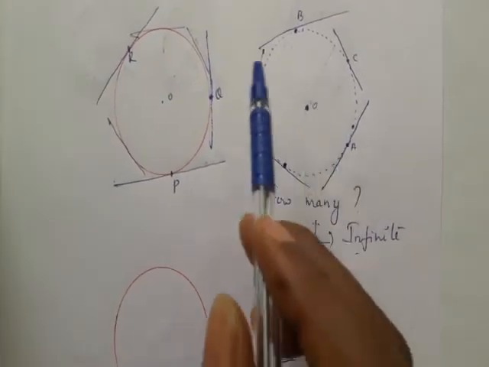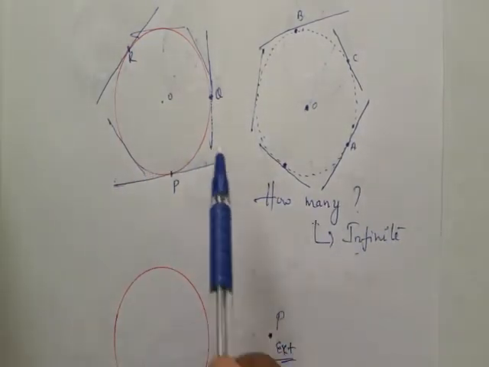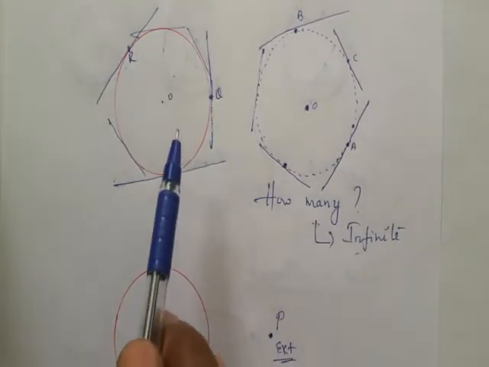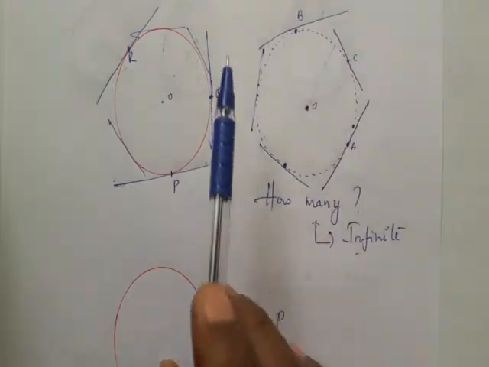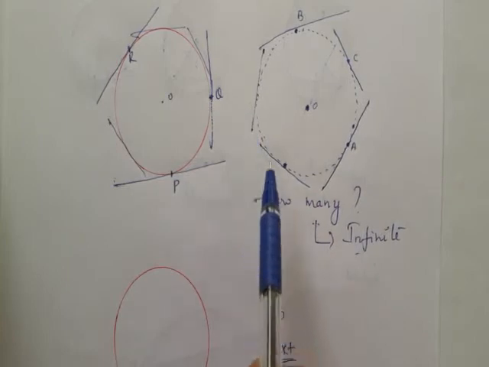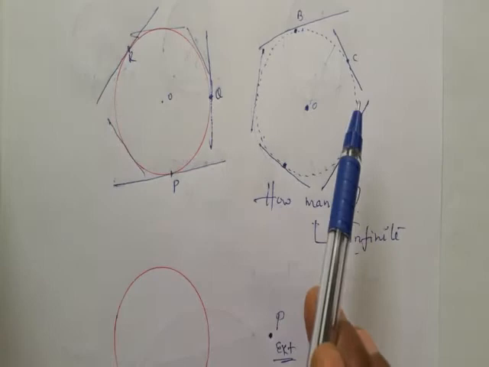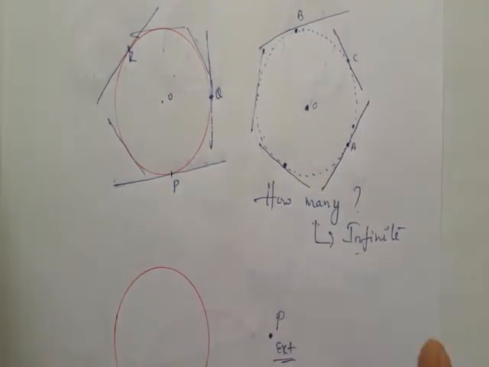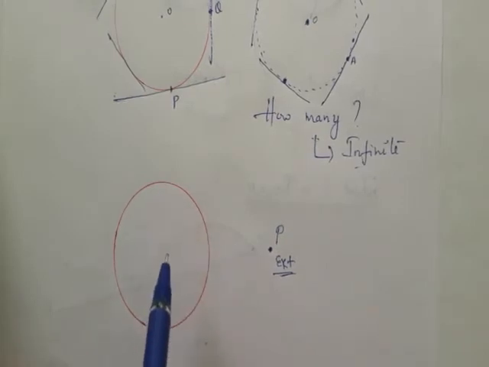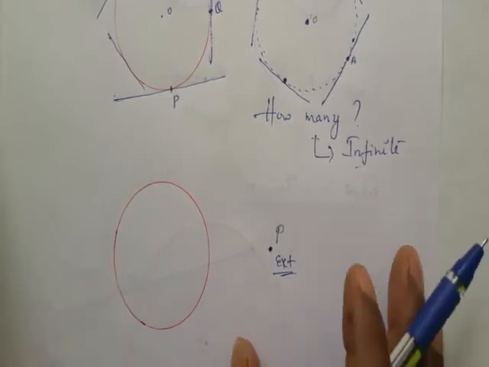So first we studied one circle is given. For the given circle, how many tangents can be drawn? Infinite number of tangents. If anybody asks you how come an infinite number of tangents can be drawn to the given circle, your answer would be: the circle has infinite points on the plane. So for each point, one tangent, for the given circle, an infinite number of tangents can be drawn. The other question is, now to the given circle, from this point P, how many tangents can be drawn?